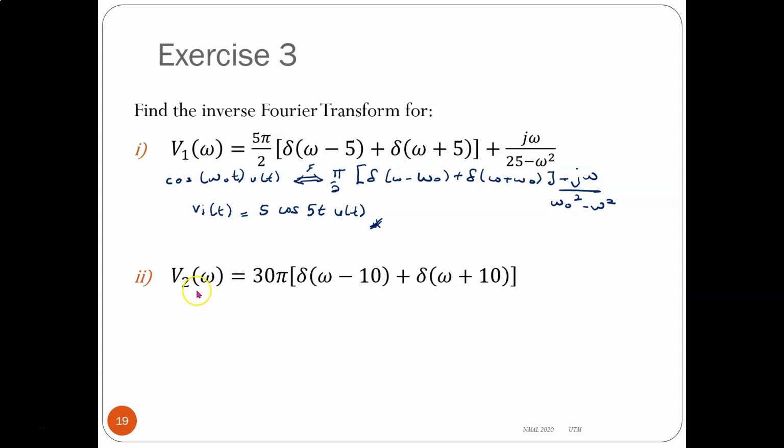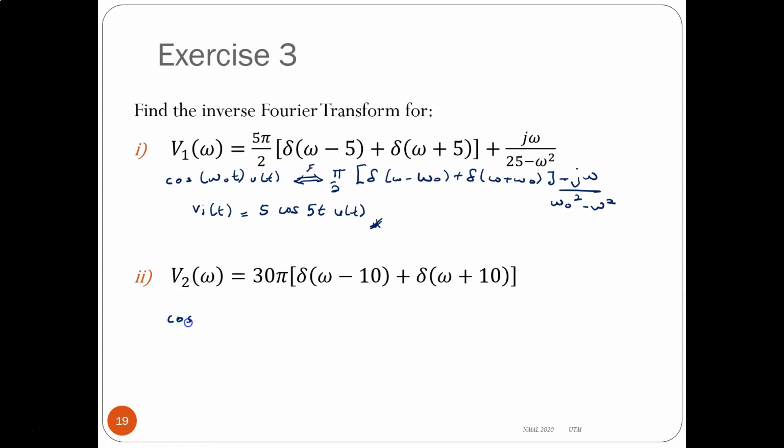For another example, V2 omega is given by this equation, 30 pi, also with delta functions, delta omega minus 10 plus delta omega plus 10. This is where you have to be very careful. You have to really match the Fourier transform with the time domain signal, the pairs of that Fourier transform with the time domain signal. For the cosine and sine functions, there will be two different kinds of signals. The one that we did before is the cosine function multiplied by u(t). So there is another cosine function which gives us